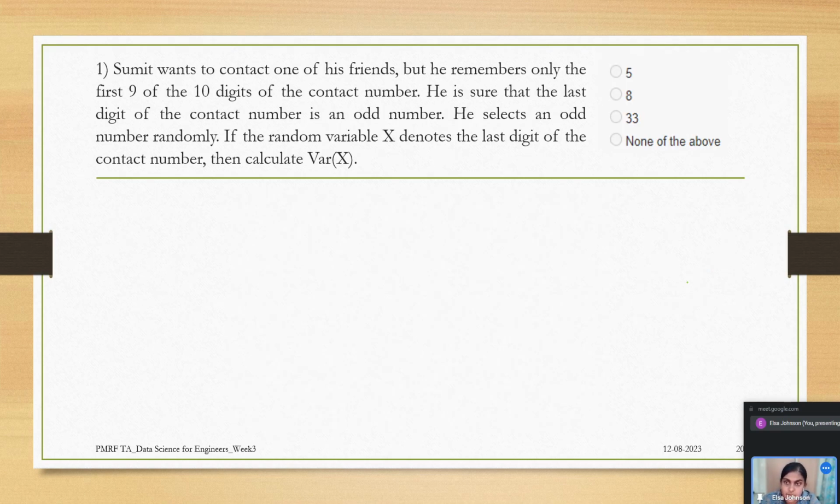For the first question, you can also try this one and put the answers in the chat window. Sumit wants to contact one of his friends, but he remembers only the first 9 of the 10 digits of the contact number. He is sure that the last digit,